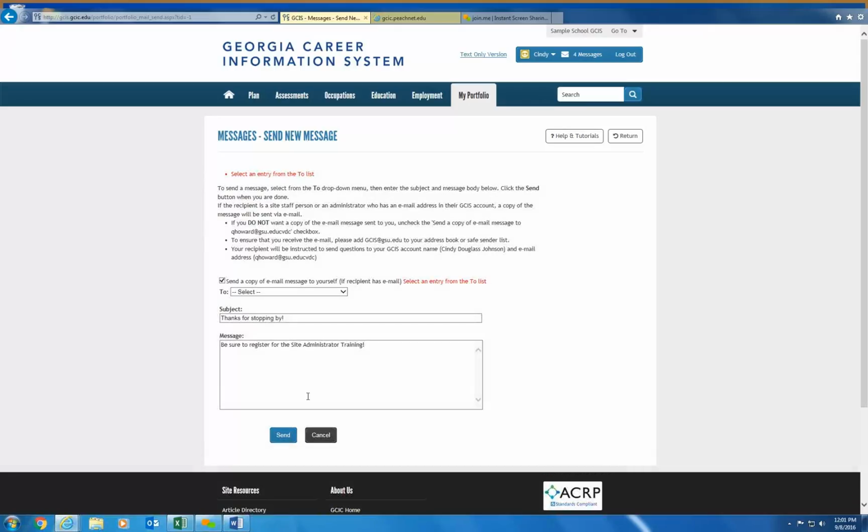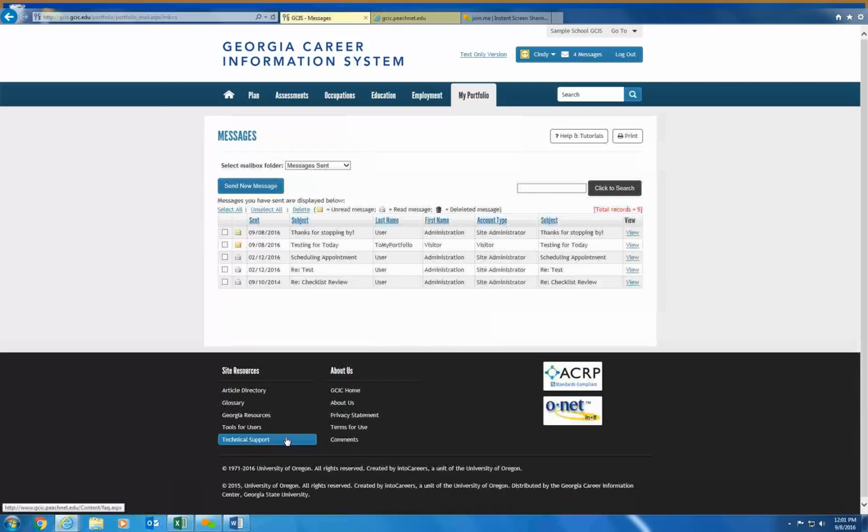And I'm going to select my person to whom should receive it, click send, and now you will see the message for September 8th. All right. Going back to that far upper right-hand corner, the last button that you have at that top would be log out. So anytime you are finished with your exploration and you want to close out your system, you would click on log out and that would end your session.